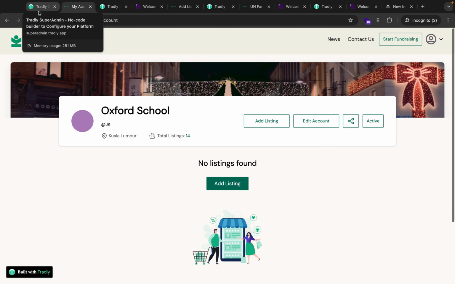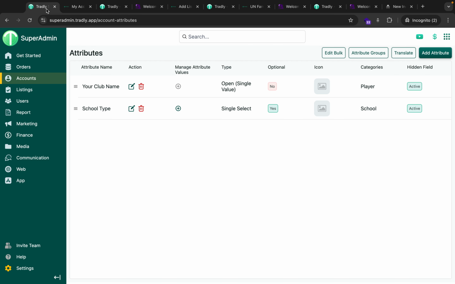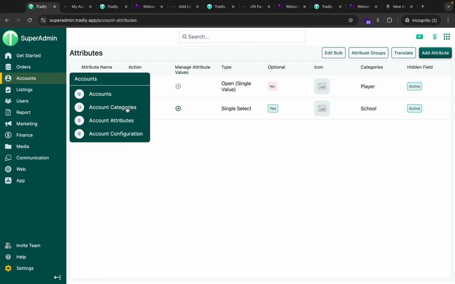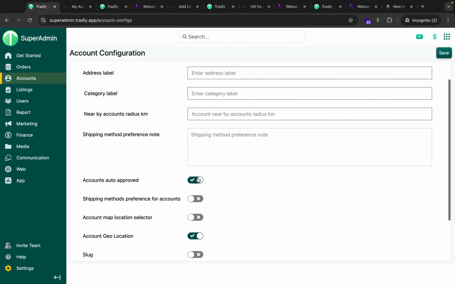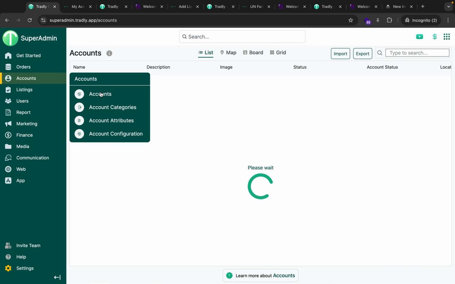Okay, cool. So the account configuration has been done. There is one more caveat. Anybody can open the account, right? Because it's the P2P thing. And if you don't want to auto approve, but you want to manually approve them, you can deactivate this thing. And then when you go under the accounts,